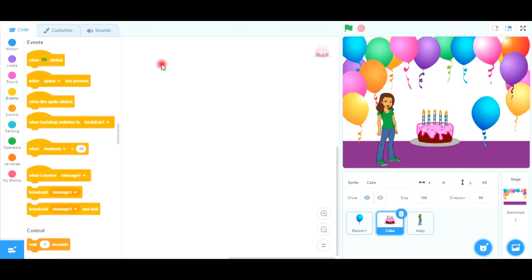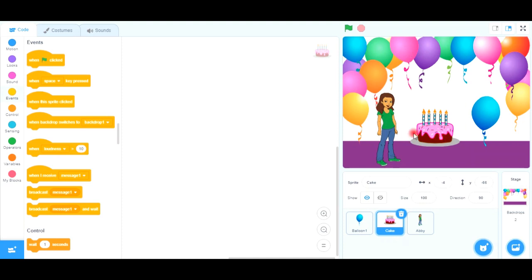So in the last module, we have all set the interface of the birthday party of Abby. So let us play some music in Abby's birthday party. So what we need is to remember what these two buttons are for. See this green flag, that is go, and this red button, it is for stop. So do not forget that while playing the birthday party, we have to use these buttons. Now let us quickly code for the birthday party.